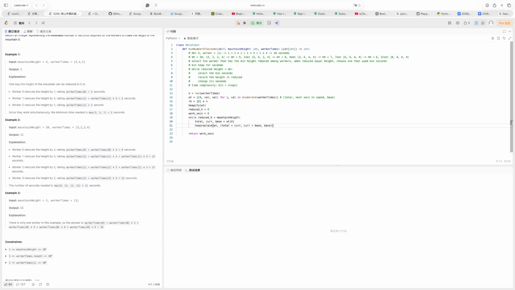So next time we will choose the last worker time to do the job, since it can use a less amount of time to reduce the height. Oh, and height will be reduced by 1. So